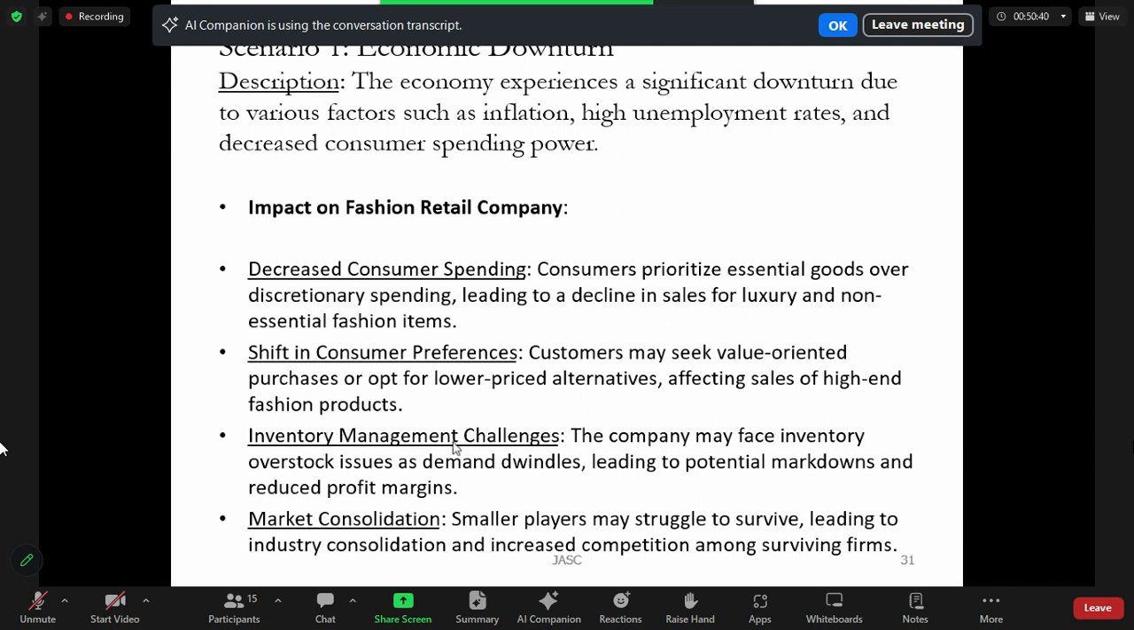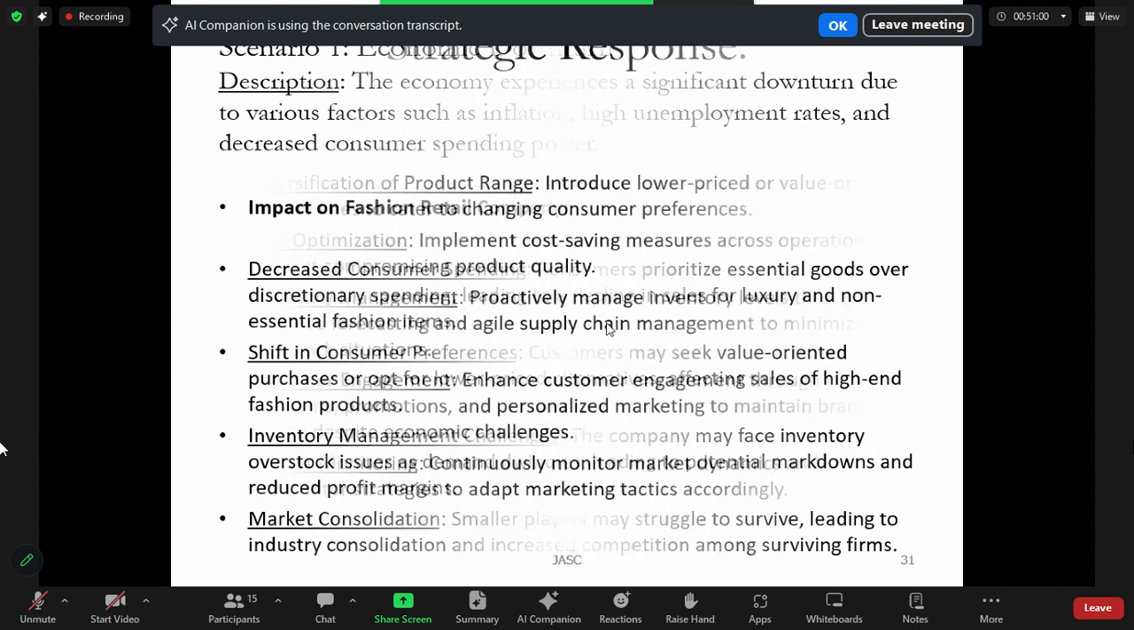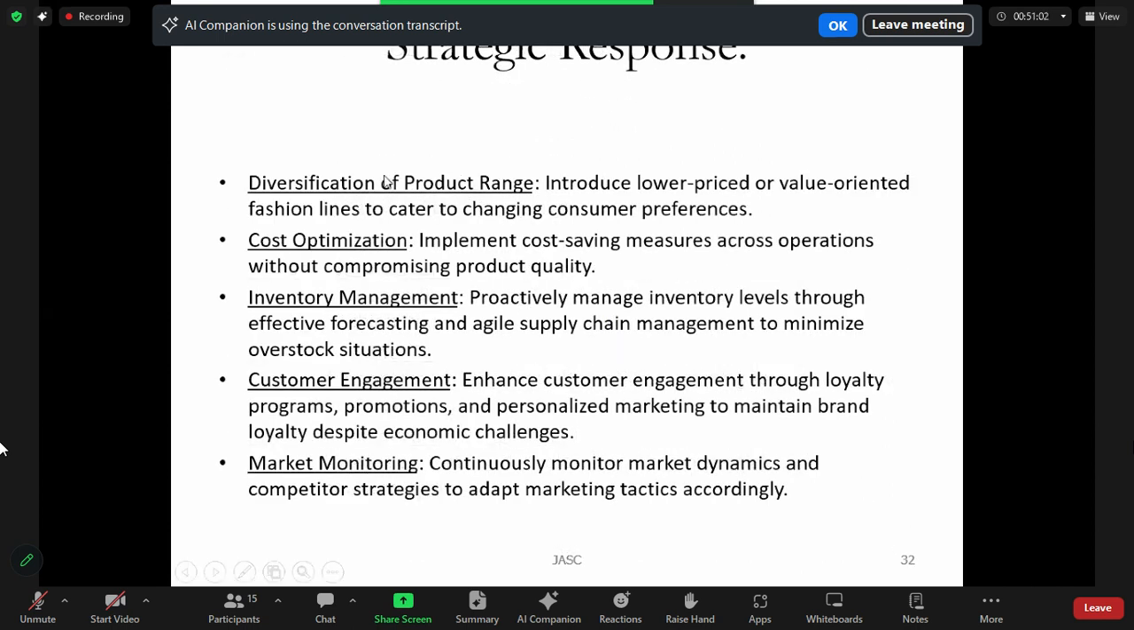And then inventory management challenges: the company may face inventory overstock issues as demand dwindles, leading to potential markdowns and market consolidation. Likewise, you can have some impact on a fashion retail company. And then strategic responses,